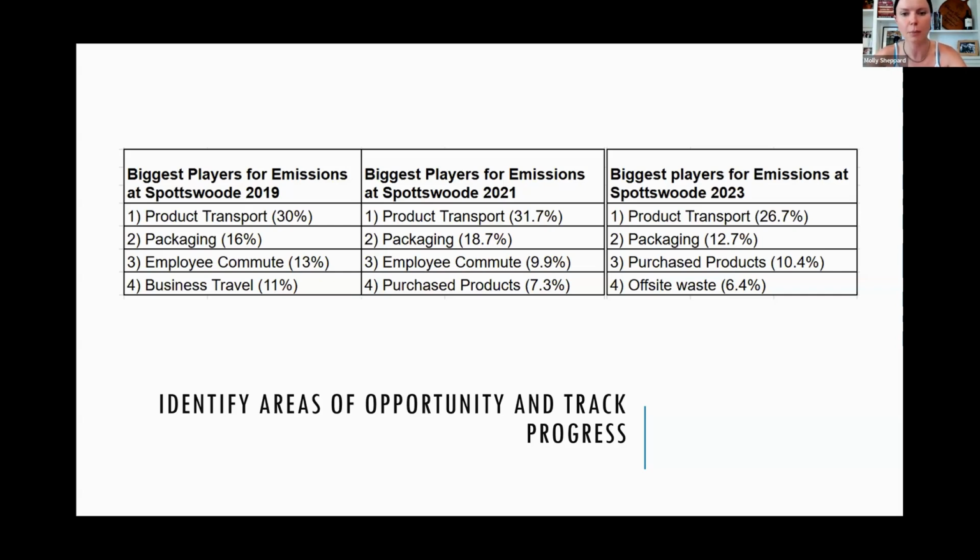So you can see we've got a couple: product, transport, and packaging. Our classic, our first emission inventory, employee commute, and business travel was huge. The only thing I'll say is I do think hotspots are universal generally across wineries, but I do think scope and scale matters. Our emissions on site, because our vineyard is tiny, our scope one's lower, right? We have less vineyards, we have less fuel usage, all those things. That's really not the place to focus for us right now. The place to focus for us was how are our people getting to work? How are we spending our